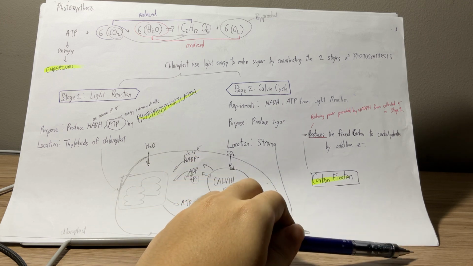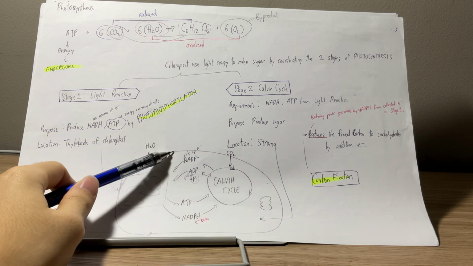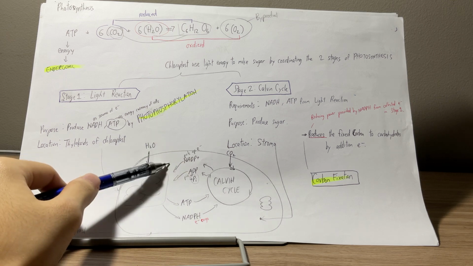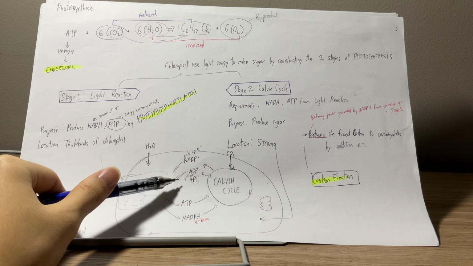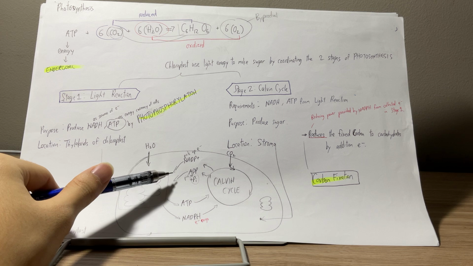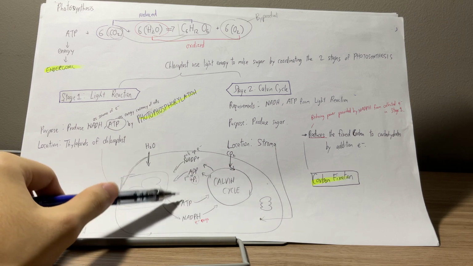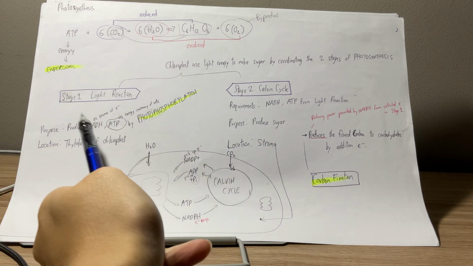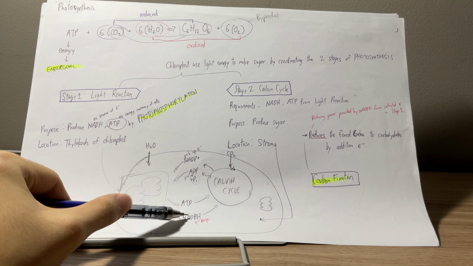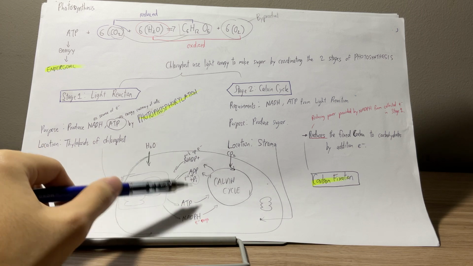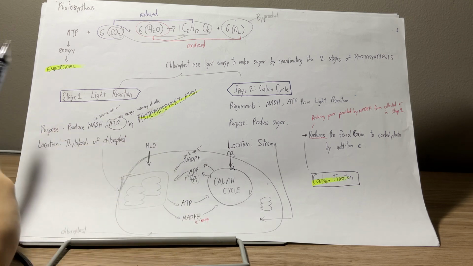Okay. NADP plus picks up electrons here. ADP picks up an inorganic phosphate or Pi. ATP is brought to the Calvin cycle as well as NADPH. As said here, as said here. So NADPH has electron cargo. That's the reason why it's not plus. Initially it was, but now it's not. On the way to the Calvin cycle. So it's a cycle, essentially.